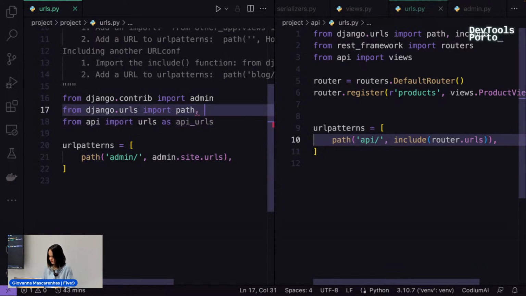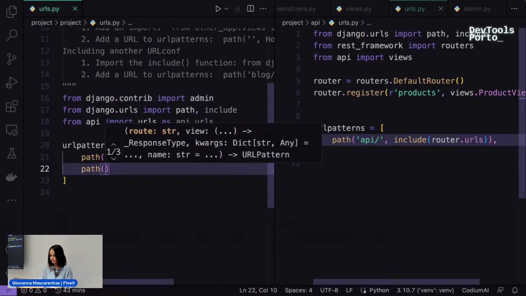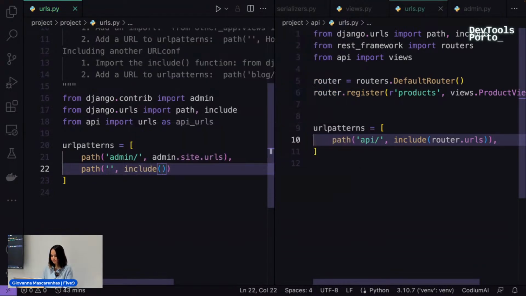And here too, I'm gonna pass include. And as you can see here, the admin endpoint is already here. Django already gives to you. You don't need to worry. I'm gonna pass a new path. It's gonna be empty here. And I will include the API URLs. Okay, now I think it's done.